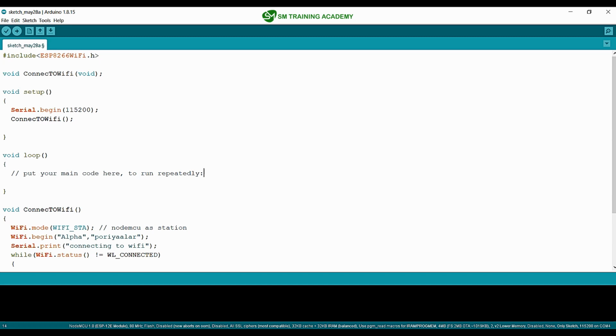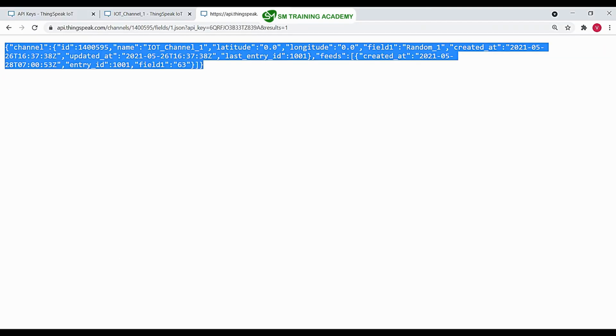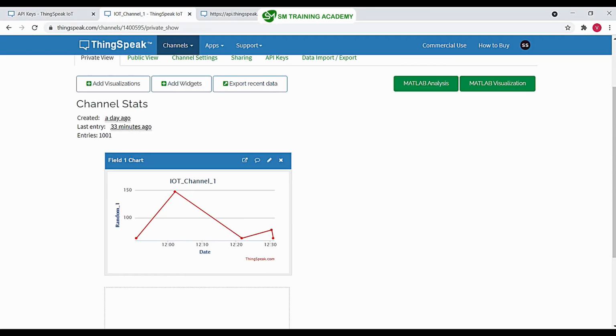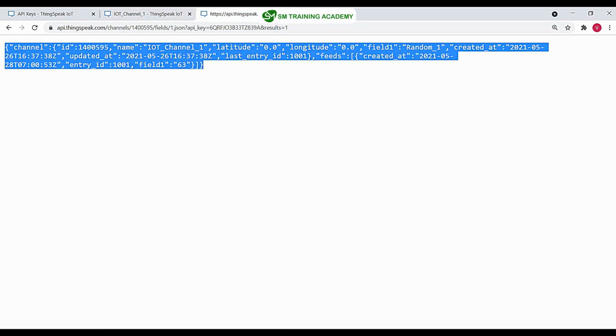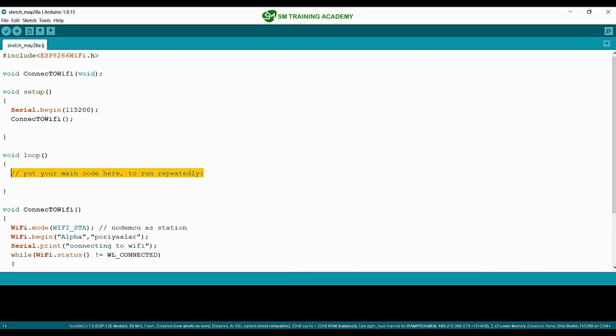We already learned about sending the GET request to the ThingSpeak server when we wrote the program for writing data to the field available in this channel, right? So we are just going to use the same programming methodology. Let's get into the programming part.